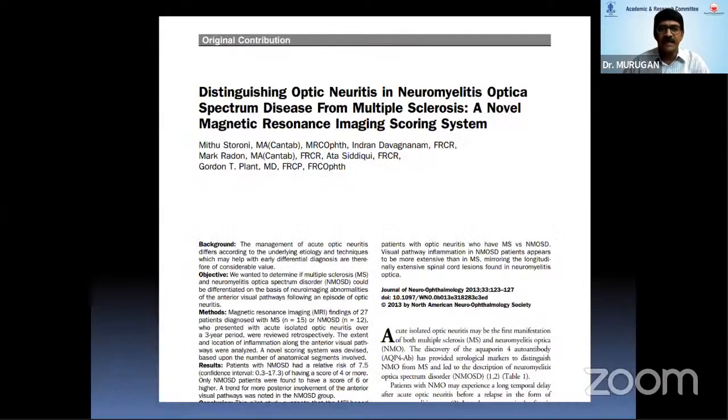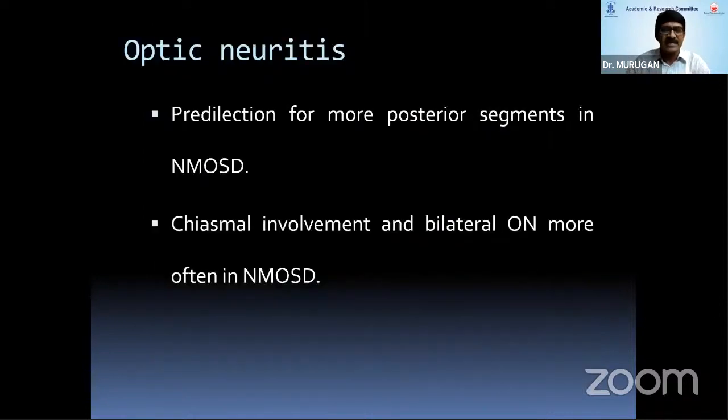Now, always the close cousin is neuromyelitis optica, because many a time the differentiation may be very challenging. This is one interesting article where they have found a way to differentiate. What they have done is they have made a scoring, the extent of involvement of the optic nerve, right side, left side, let us say the optic segment, the canal segment, the intraorbital segment. So they have given a scoring. So ultimately the take-home message is predilection for more posterior segments of optic nerve is common in neuromyelitis optica. So naturally the optic chiasmal involvement is more common with neuromyelitis optica, and bilateral involvement again more common.